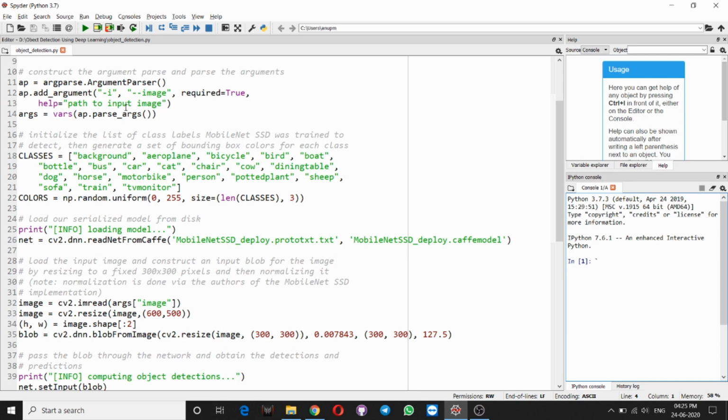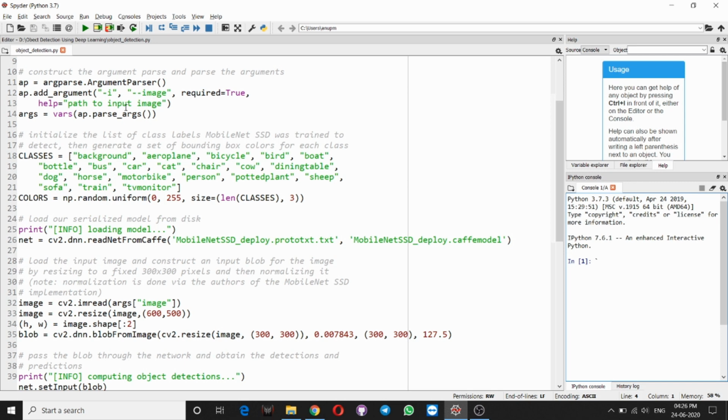Now after loading our model, we have to take the image and pass it to the network. For this we will use the cv2.imread method of the cv2 module, and in this we will pass args of image, which we have taken from the user at runtime, and store it in the variable image.